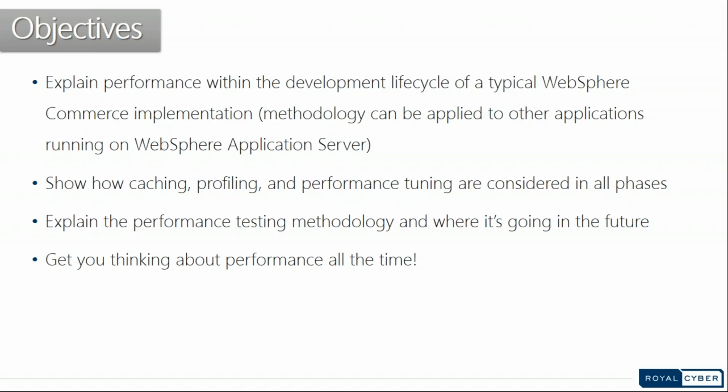I'll start with performance tuning, and we'll start with the objectives of this session in terms of performance tuning. The first objective is to explain performance within the development life cycle of a typical WebSphere Commerce application. So we'll go through